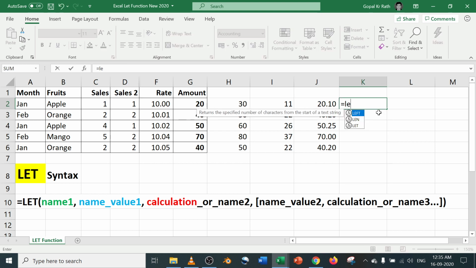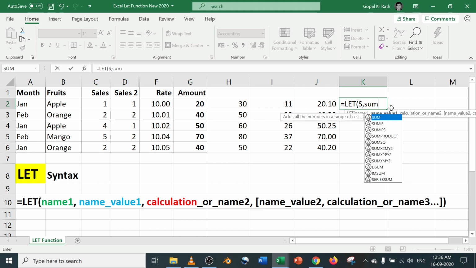Let's say LET, your sum of both the cells. I can give X, I can give cells, I can give S, any name. So let's say I'm giving the name as S. S means cells. You can type cells also.